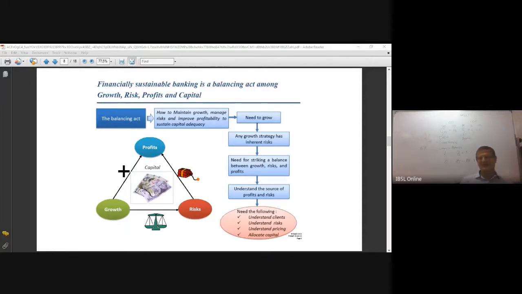So the government's plan is also, those directions are to make sure that when the economy is doing well, banks will do well. When the economy is not doing well, banks will have to make sure that the additional money they pump back into the economy should be recoverable, because you need to give loans to people who pay back. So evaluation of those loans needs very careful study and careful evaluation.